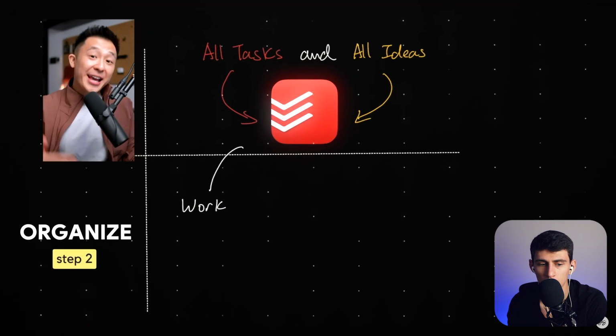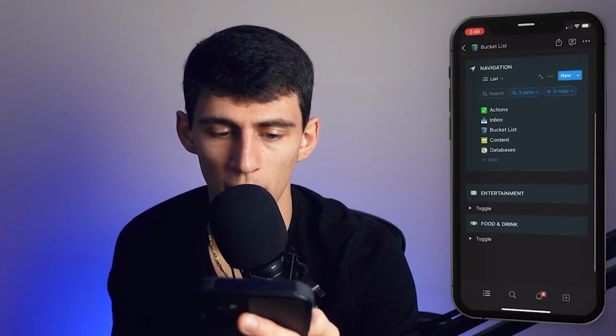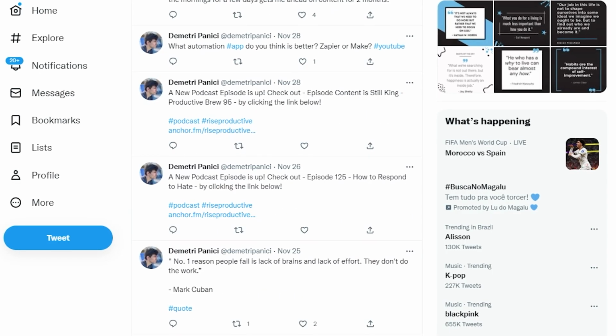As you can see, to make step 2 work well, you first need to identify suitable locations, then organize to those locations. This is very true because if you don't have anything that separates it, like that's how I use a lot of different Notion databases. I have a place for my bucket list for where to put TV shows. I have a place for where to capture things like video ideas. I do that in Twitter now because that's actually really quick and I have an automation that sends it to a Notion database. But if you don't know where you're going to put the information, that means you're going to have a huge inbox that then you're going to be really screwed when you end up having to deal with